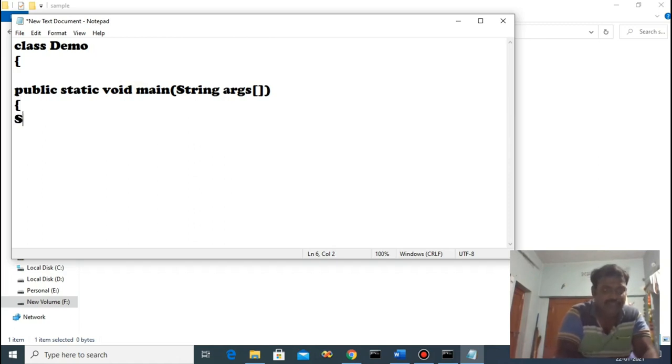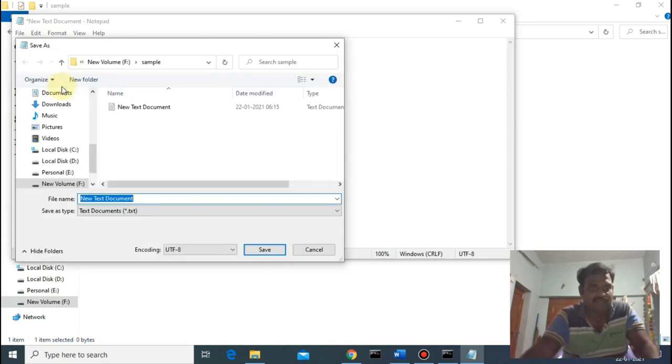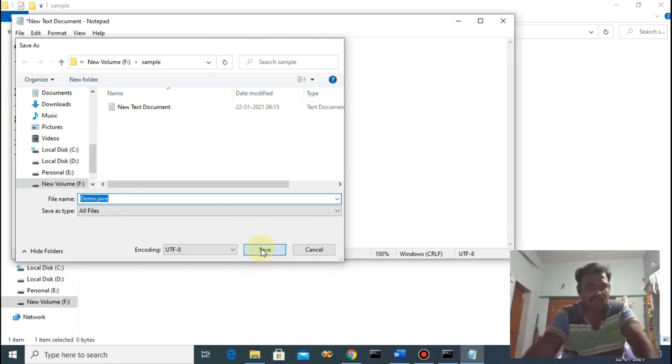In this I am just printing a single message: System.out.println("hello"). Close the class and go to File, Save As. Here the save as type is all files. The name must be the class name, demo, and the file extension is .java. Click on save.